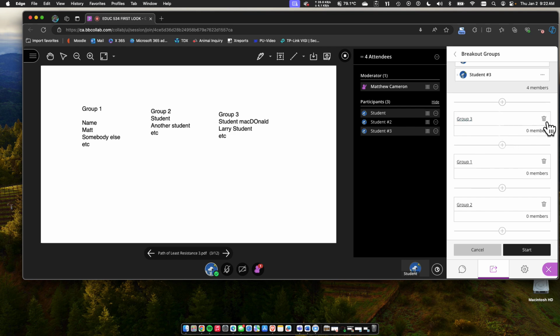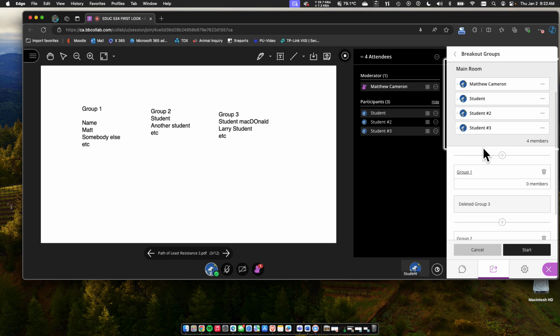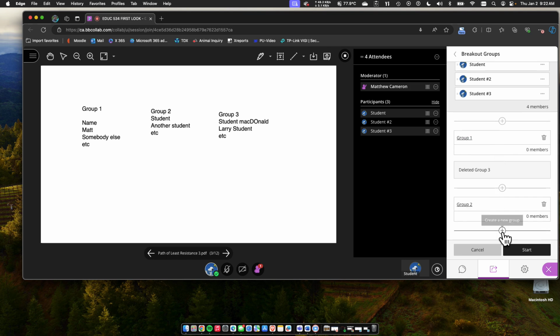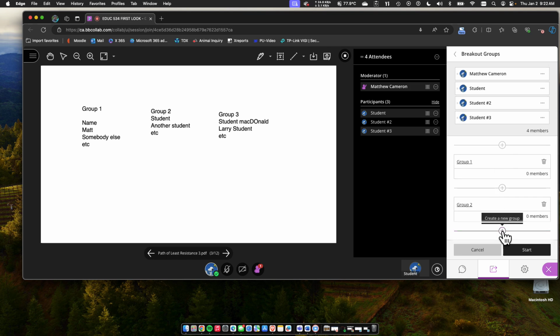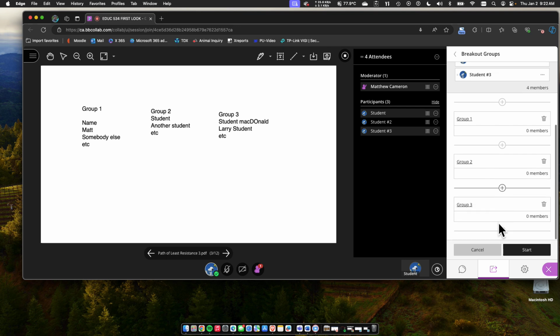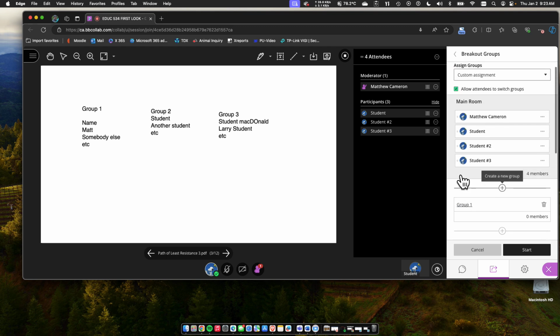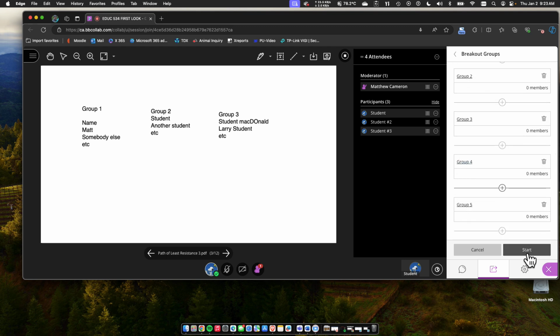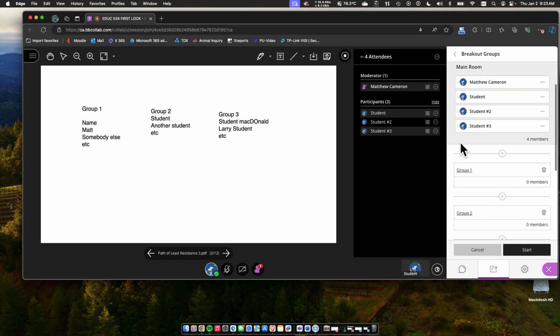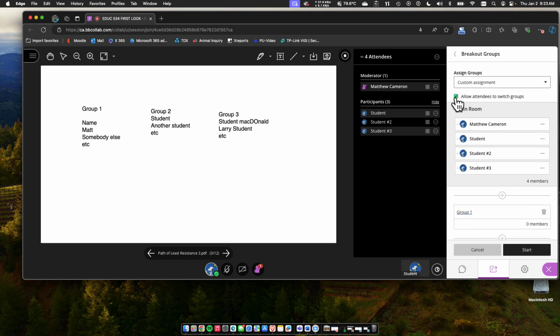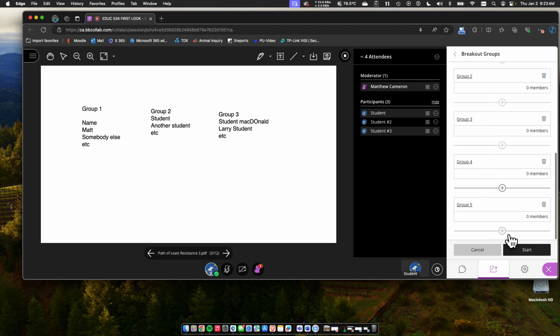So I suggest you just look down and you'll see create a new group. So we're going to create a new group. There's number 3. Go scroll down to get to the bottom one again. There's 4. Create a new group. There should be 5 groups. That's usually 5 or 6, usually a good number. And I'm going to hit start. Once I have those set up, one more time, I'm checking up here for that checkbox. And when I hit start,